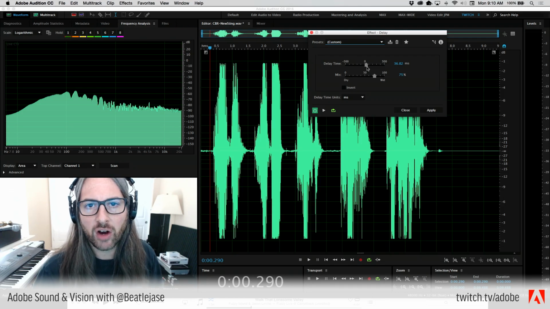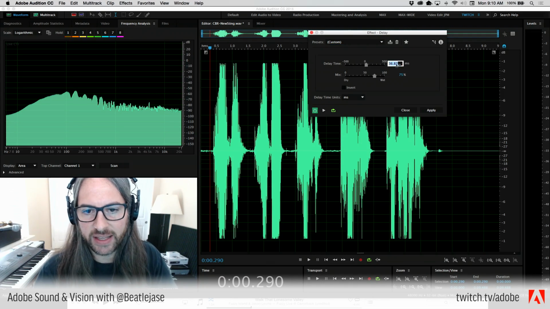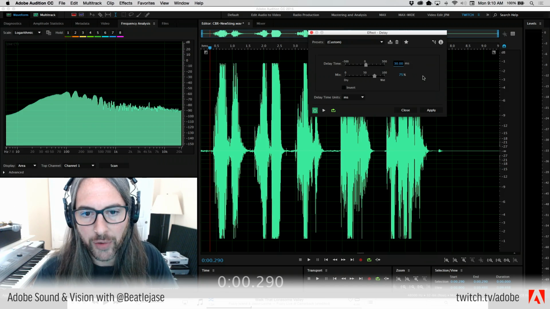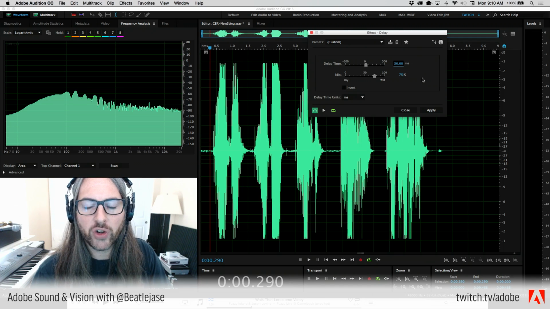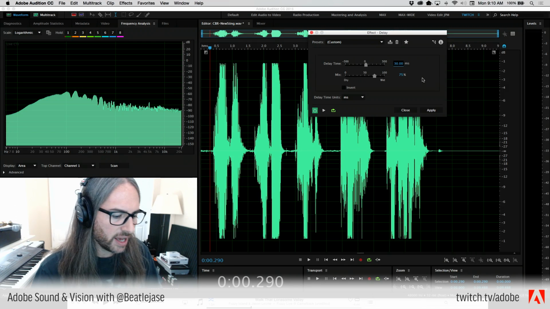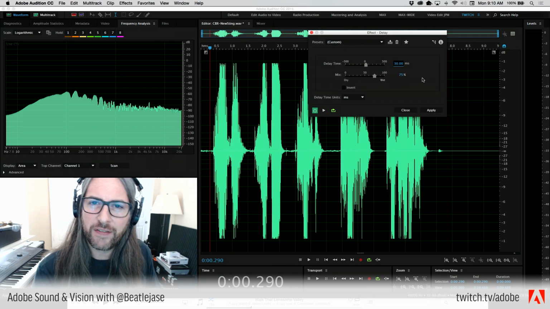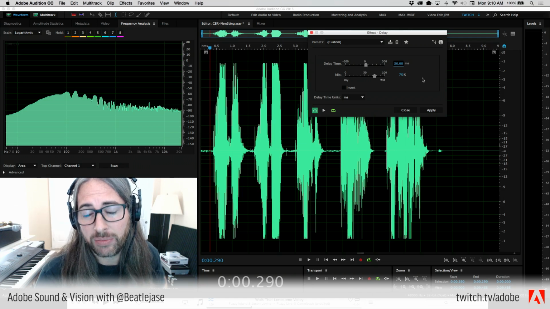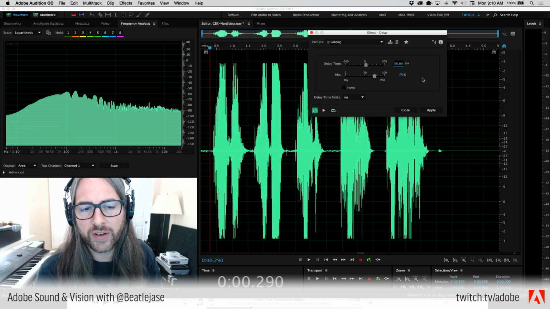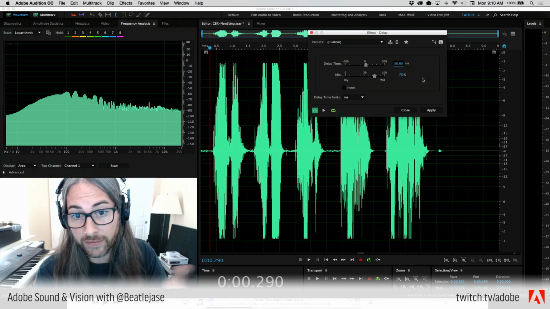When short delays, which we'll classify as anything from 30 milliseconds and below, are mixed with a direct sound, you get what's known as a comb filtering effect. You'll hear it a lot when things are referred to as phasey or flangey, because phase and flange, two very common delay-based effects used in music and voice production,